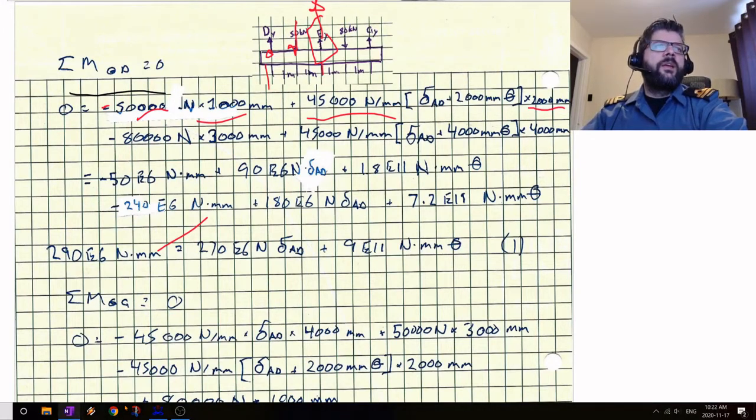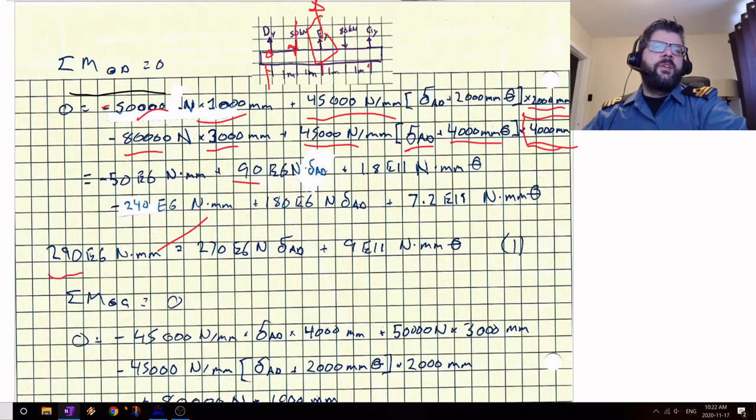Then minus the 80 kilonewtons and the 3 meters between D and the point of application of that force, and then just the one for GY. So that'll be 45,000 newtons per millimeter times the displacement of AD times 400 millimeters times the angle times another 400 millimeters for the distance from D to G. So just doing a bit of algebra, that works out to 290 times 10 to the 6 Newton millimeters